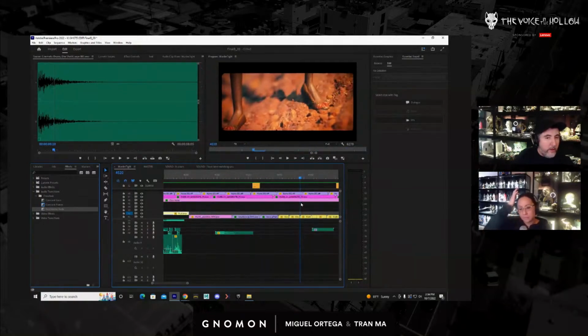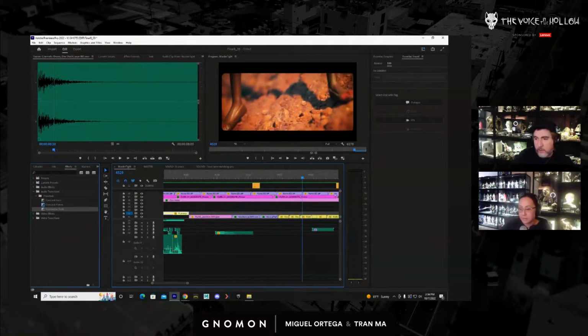And I think I want to transition over to Pro Tools for that. So I think it's going to eventually be Pro Tools. Currently, it is all done in Premiere, but it'll probably become Pro Tools.